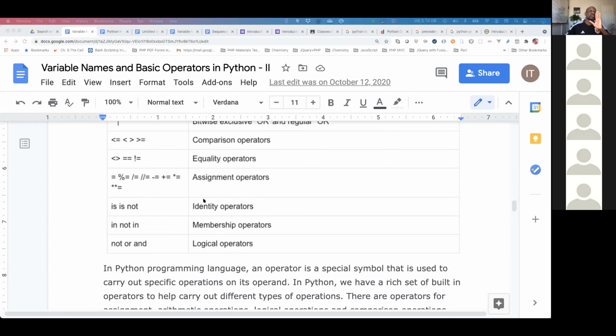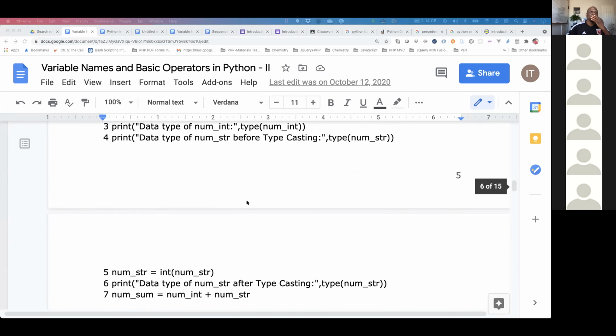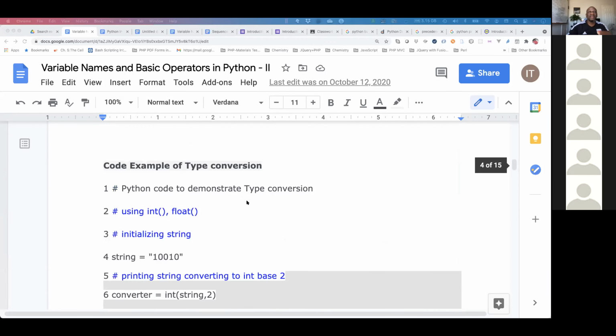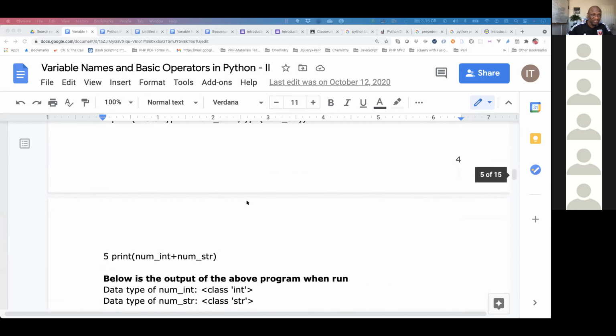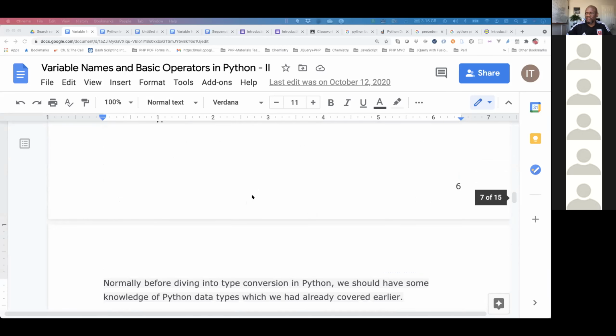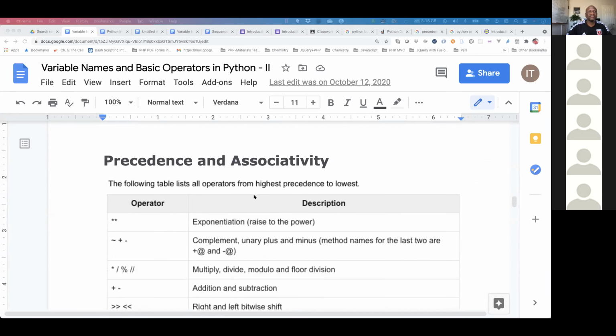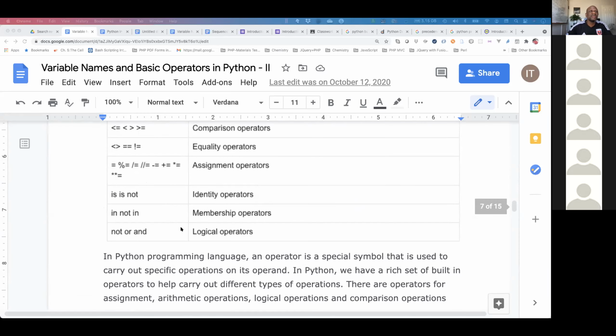Those fall under what we call the associativity and also the precedence. Okay, so we come here and then we can say not, and. The not here is going to be negating, just like here. Hey, can you go into that room and see if Monica is in there? And then you come and say, no, she's not. Okay. So it's either or.